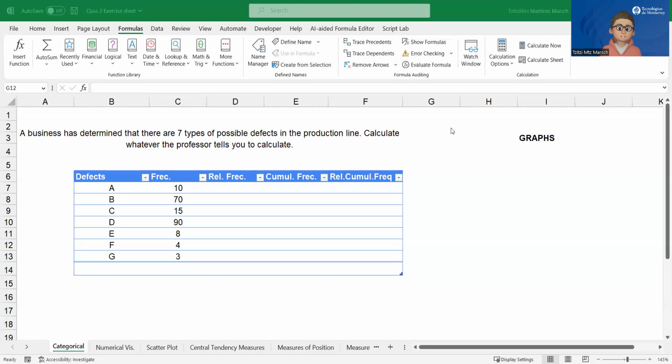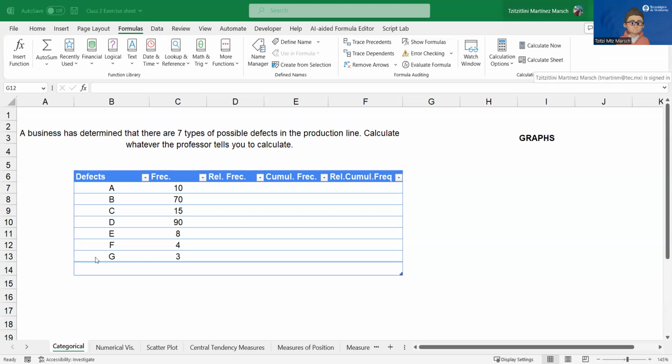Okay, so we're going to be looking at frequency tables. Frequency tables are specifically for categorical or qualitative data and for quantitative data. Okay, so these are the ones we saw in class. We're going to have this particular example, where a business has determined that there are 7 types of possible defects